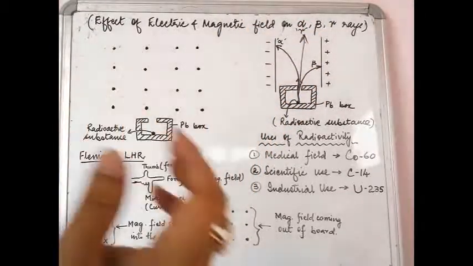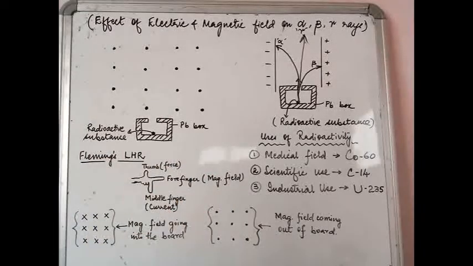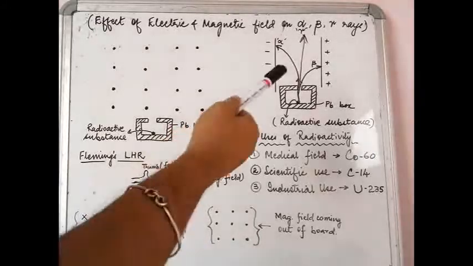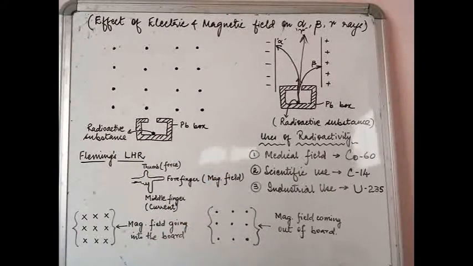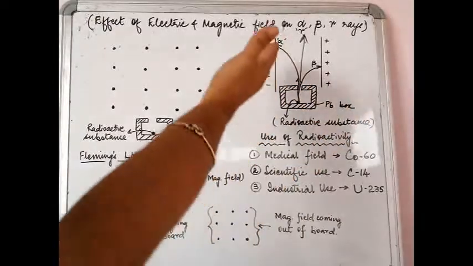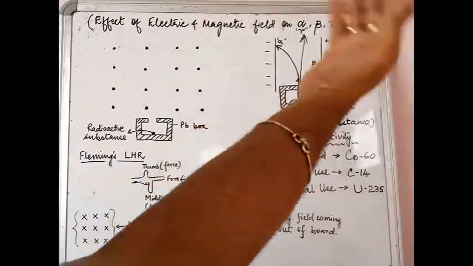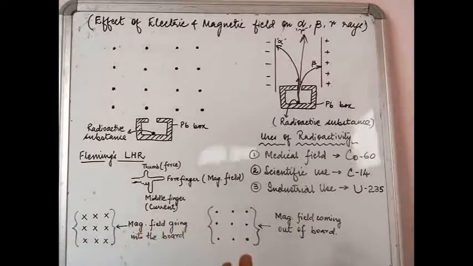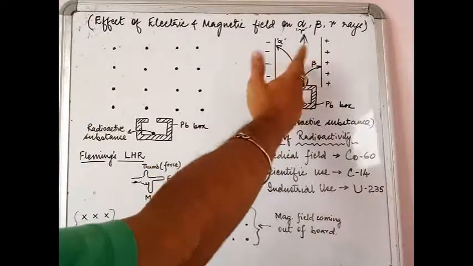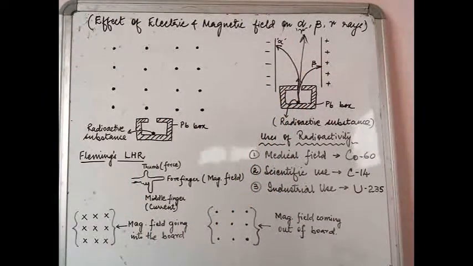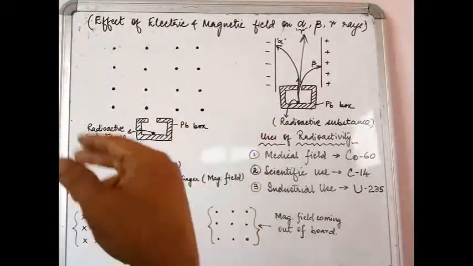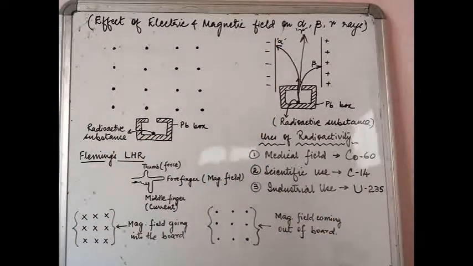Okay, so alpha, beta and gamma, all these three rays are acting under the influence of the electric field as shown in this diagram. Now obviously, if the paper setter wants, he can always make this side the positive and the other side negative. In that case, these two rays will actually be going in the reverse direction or the opposite of what I have drawn. Okay, so that is not difficult to understand.